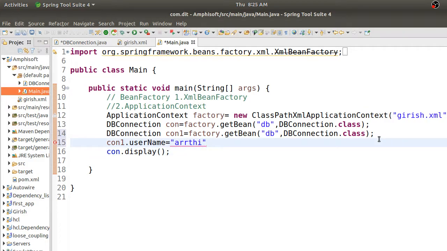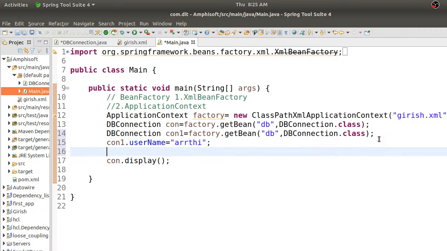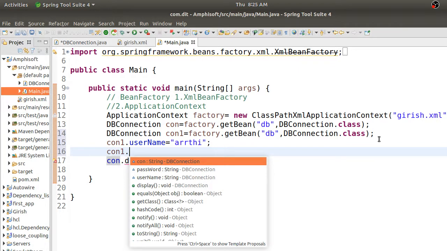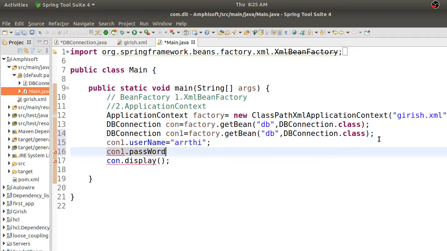Don't mind the spellings. So I'm changing the username, and con1 dot password, I'm changing the password also, to say 54321.